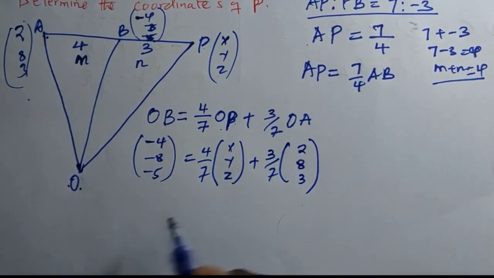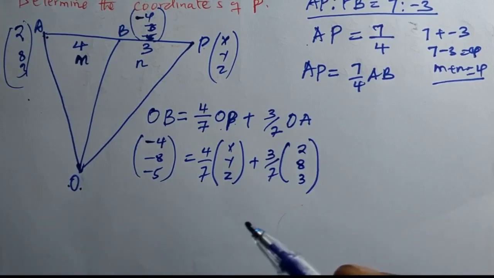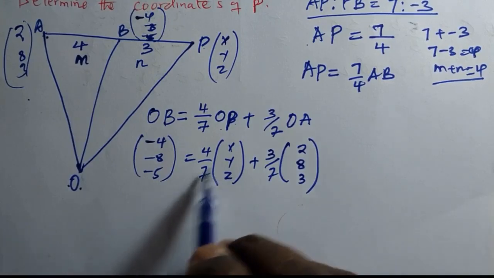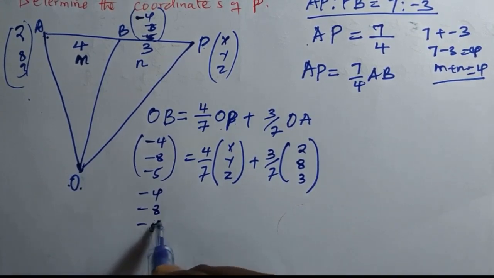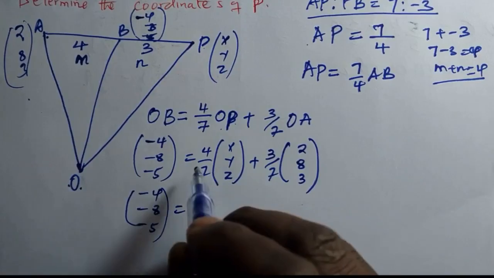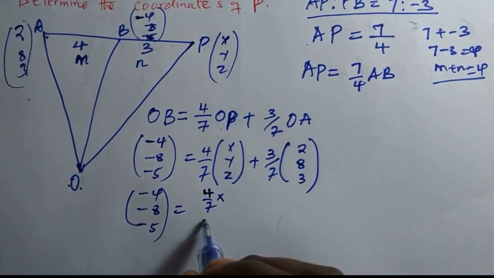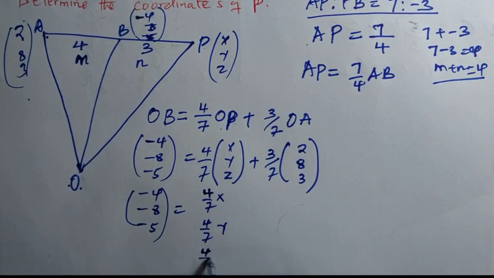Yes, so from here now, you can multiply and bring this one this side. You can do whichever way you want. So first, let's multiply this one. So it means minus 4, minus 8, minus 5 is equal to 4 over 7x, 4 over 7y, 4 over 7z,